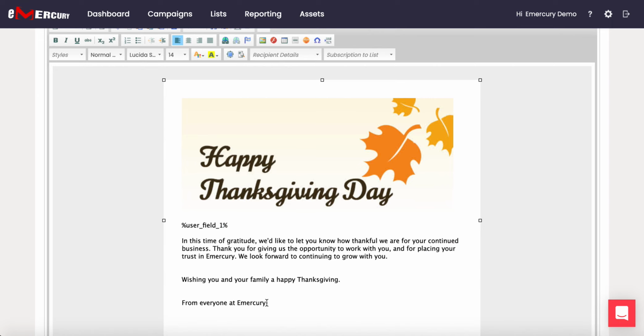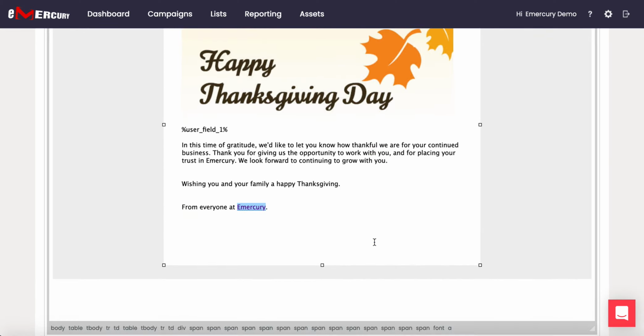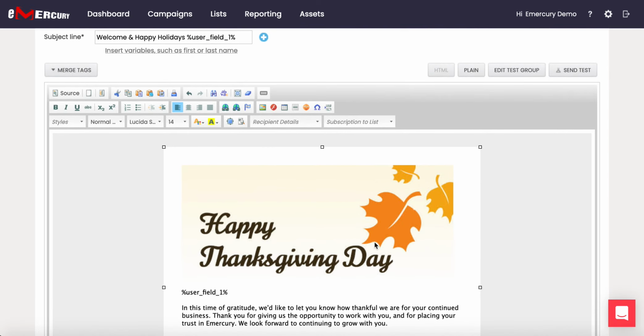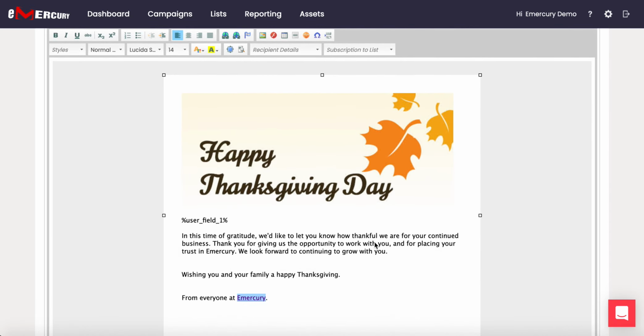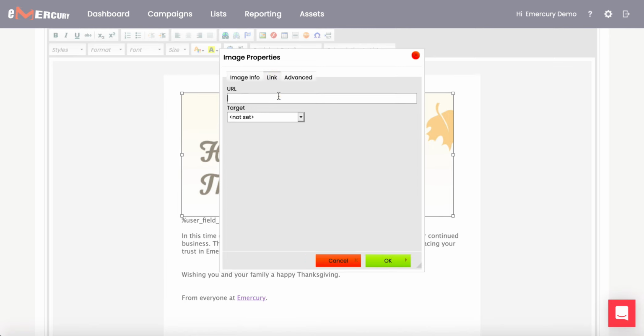And lastly, maybe I want to add a hyperlink in here for track, so I can show you how the tracking works. Let's say I do our domain, and then I think that's all we're going to do here for this message. So we have our link, and we can actually even link up this image if we wanted to. Maybe I'm going to say this goes to some holiday page